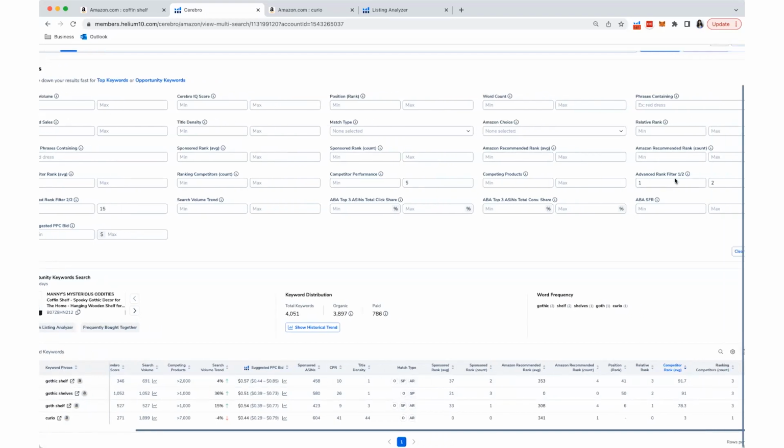So I put in an advanced outside of the 5 as maximum competitor performance. This also takes a look at advanced rank filters. What advanced rank filters really looks at is this is saying at least a minimum of 1 of these ASINs and a maximum of 2 are showing up organically in the top 15 positions. So this is monitoring how many of those ASINs are showing up in the top half of that first page. Those top 10 positions are incredibly important, right? Especially when you're indexing. You want to get as much traffic as possible. You want to be converting for those. And so this is going to take a look at which ones of those competitor ASINs of yours are ranking in the top 10 positions.